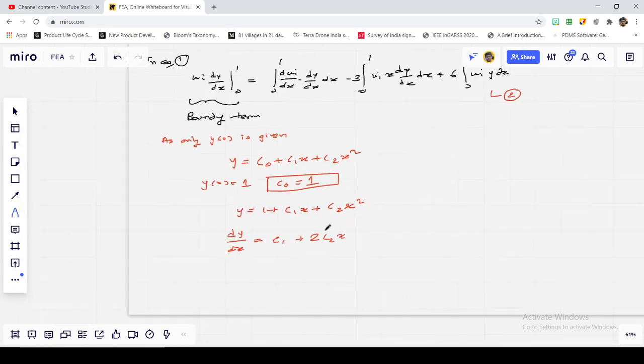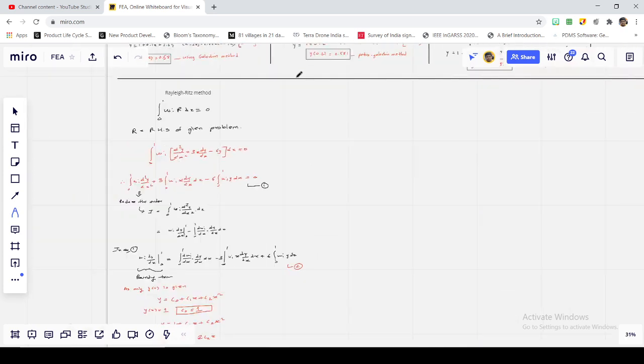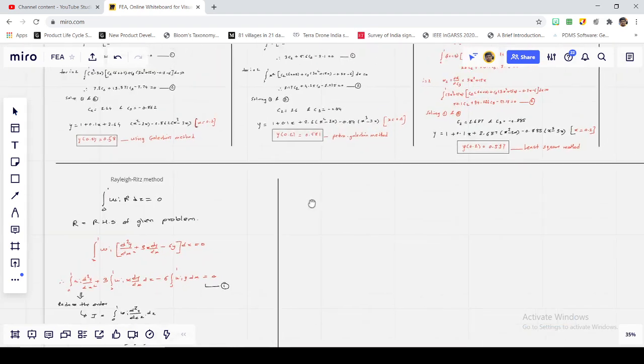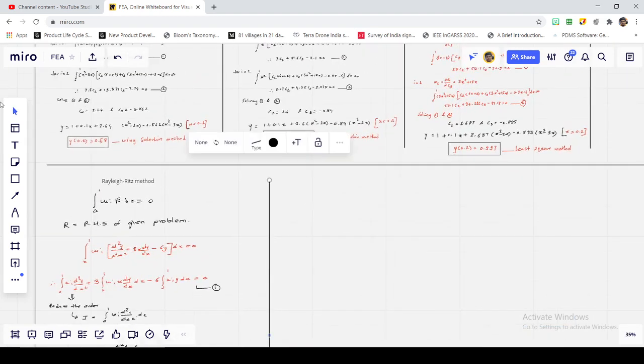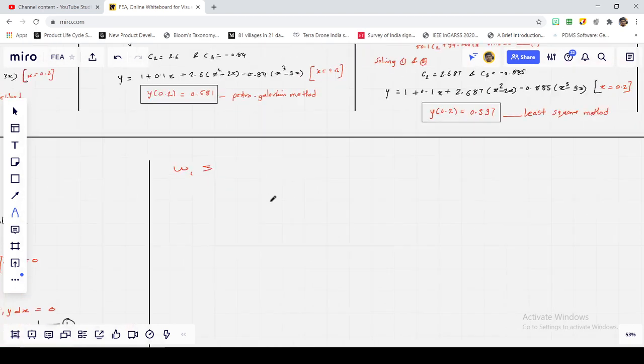Okay, so what we will do is we will solve it here. We'll take this line, copy, we'll put this line here. Okay, so now we will be solving this for two conditions. So first condition is w1 is equal to coefficient of c1 in y, so it is x, so dw1 by dx is 1.